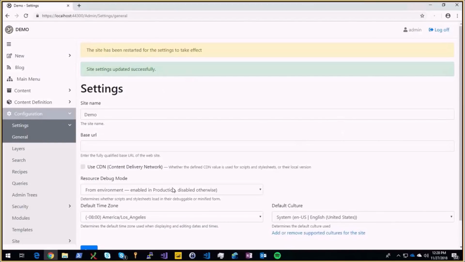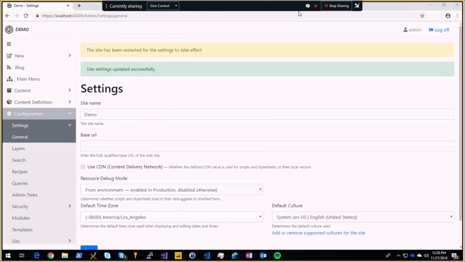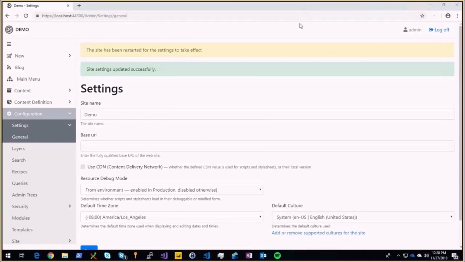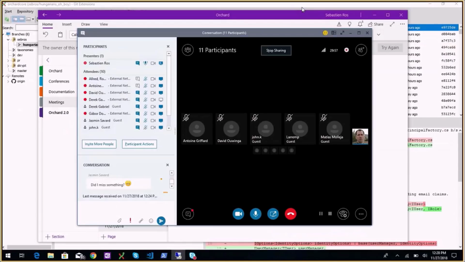So that's it. Then, nope, that's not what I wanted to do. I need to catch the icon. Show me here. Did I miss something? Yes, you missed things. Then,